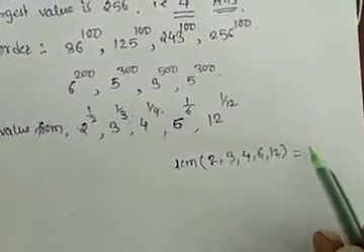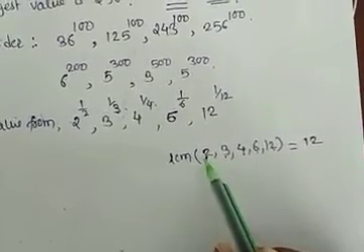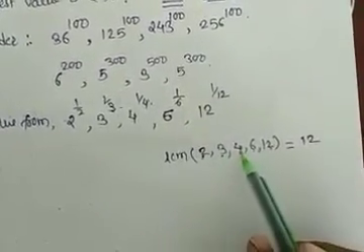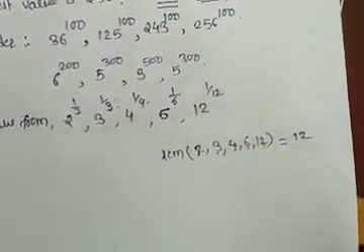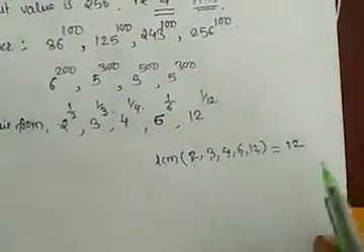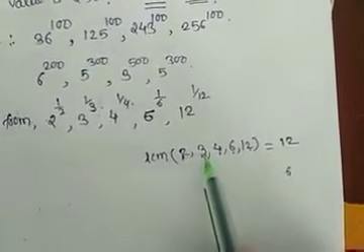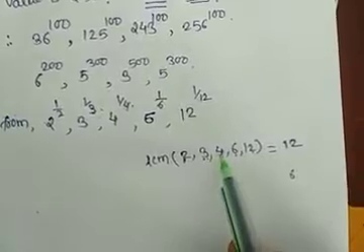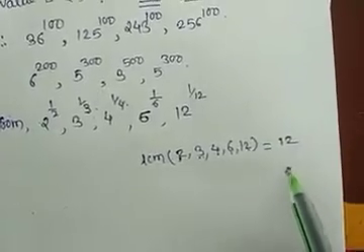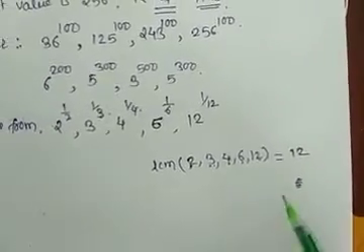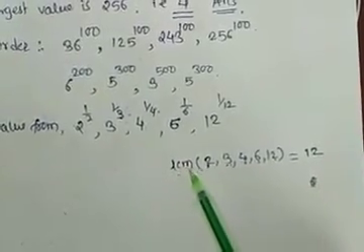I think 12 is our least common multiple, which is present in 2: 2 6s are 12; in 3: 3 4s are 12; 4: 4 3s are 12; 6: 6 2s are 12; and 12 itself: 12 1s are 12. If we consider 6 as the LCM, it is not the LCM because it is present in 2 and in 3, since 2 3s are 6 and 3 2s are 6, but in 4 it is not there. 4 into 2 is 8 and 4 1s are 4, so it will not be the LCM. In the previous standard you have seen LCM, least common multiple, and that process only you have to use.